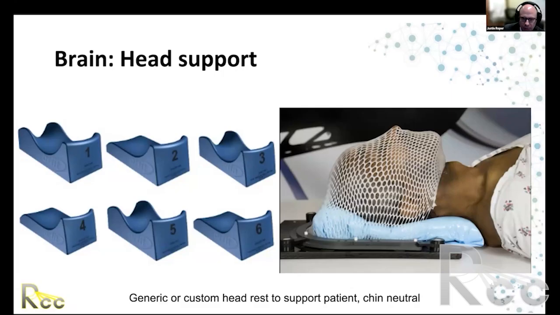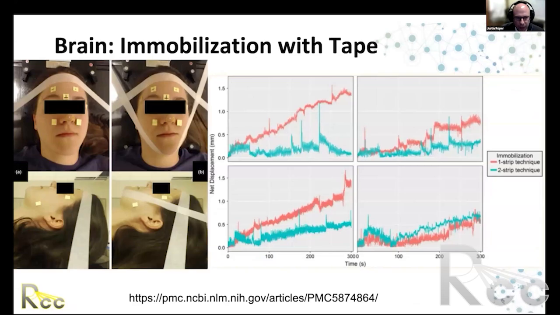So now let's advance to the next slide, please, and we'll talk a bit more about how we immobilize the patient once the head tilt is in the right position and supported. So in the past, we would use tape. We would use tape quite a bit for whole brain radiation therapy, even though now a thermoplastic mask has become the standard. I recognize that not everyone has the luxury of a thermoplastic mask, that they may not be available, or if they're available, they may be reused,